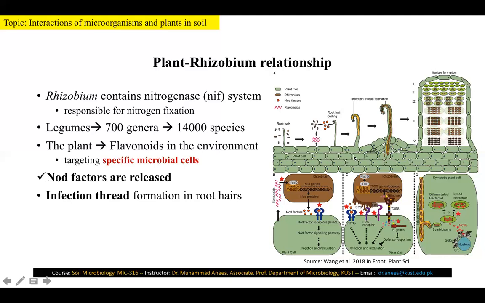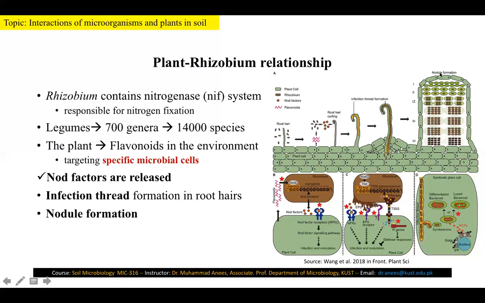As soon as the microorganism enters the plant roots, nodule formation starts. Here you see this process has already started here, and then a nodule